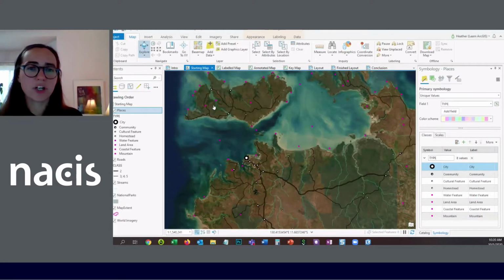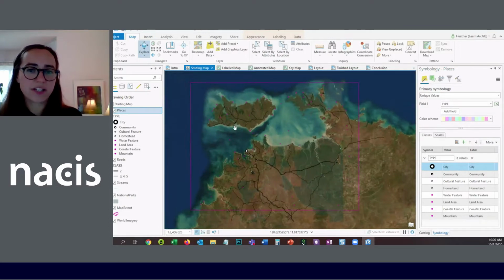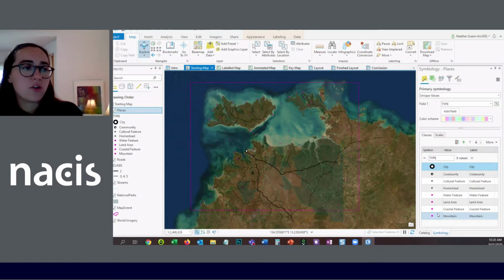This is the map we're going to work on today. Thank you to Geoscience Australia for the data. You'll see that this places layer I have divided up into different symbol classes using unique value symbology. These pink label symbols, they're going to disappear later, temporary symbols. These are places that I want to label. I don't want them to draw, but for now, it's useful to see where they are while I'm editing the